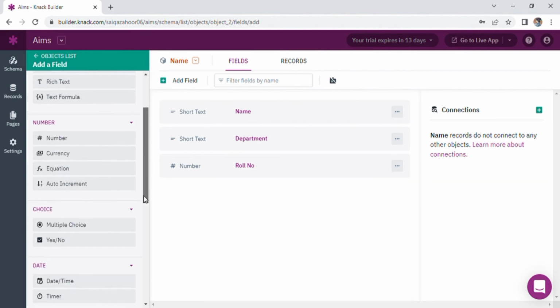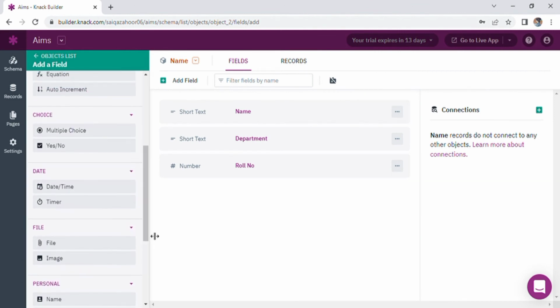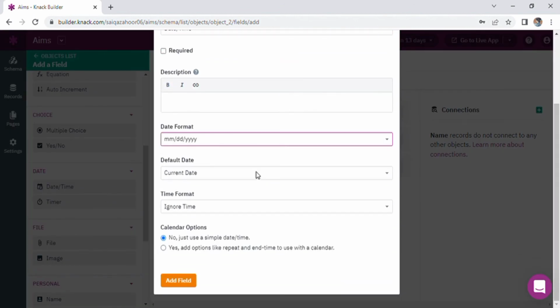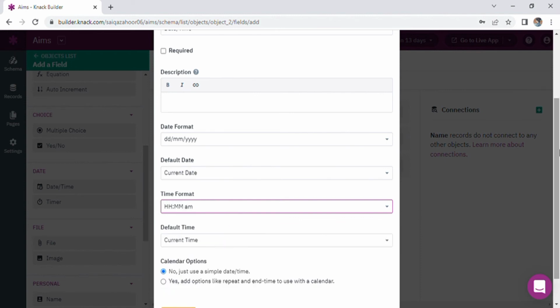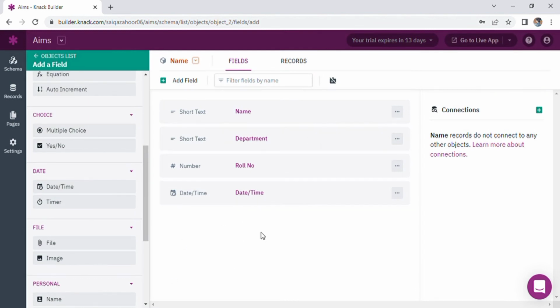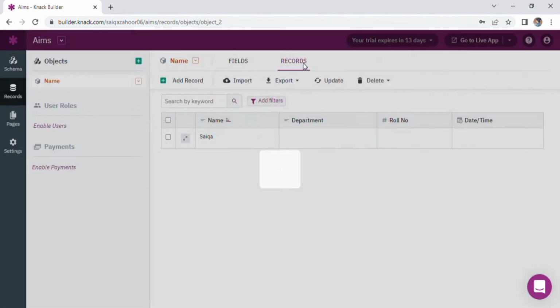From the options given on the left, I can add the option of date and time to my screen and keep it named as time, and fill in the settings below it, changing the date format value, default date, etc. in it, and then add a new field. After adding my field, now I click on the record option next to it, in which I can add my new